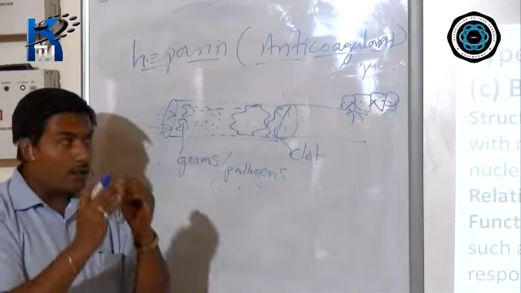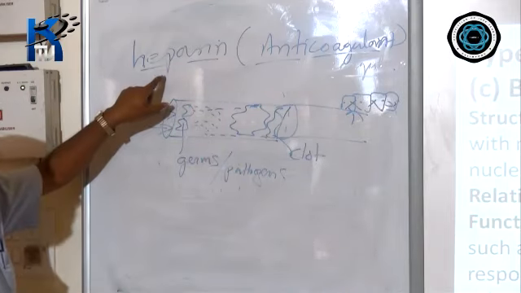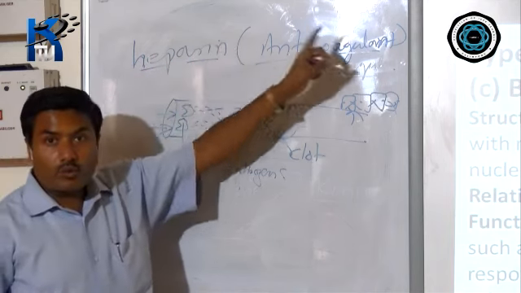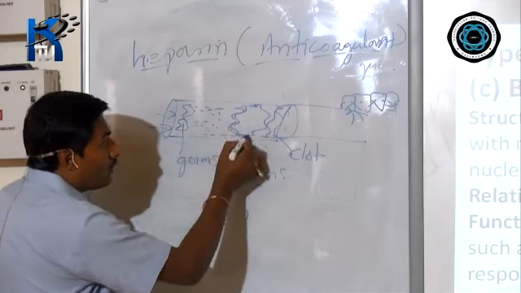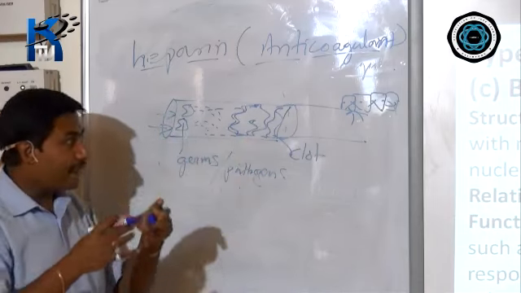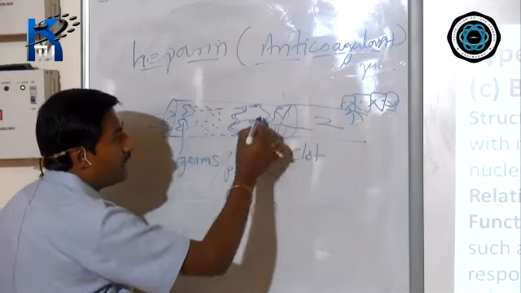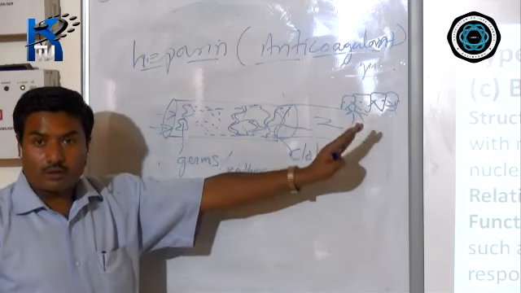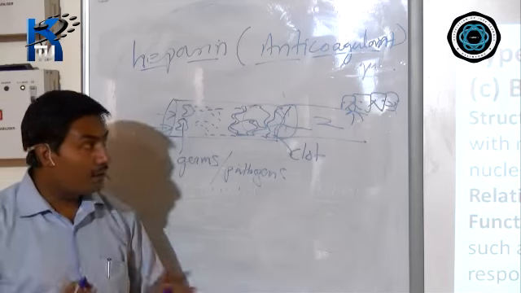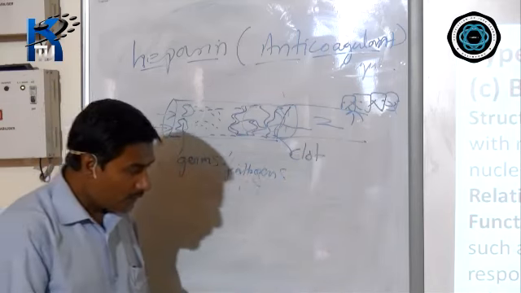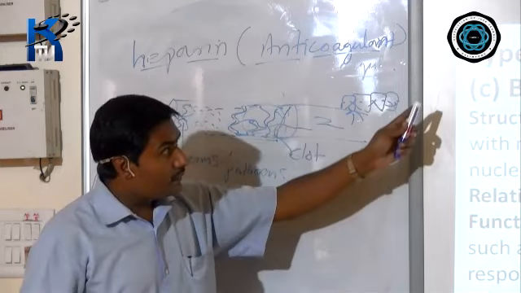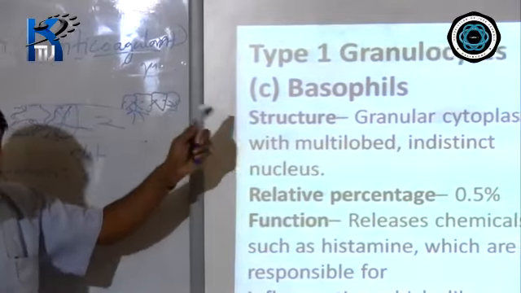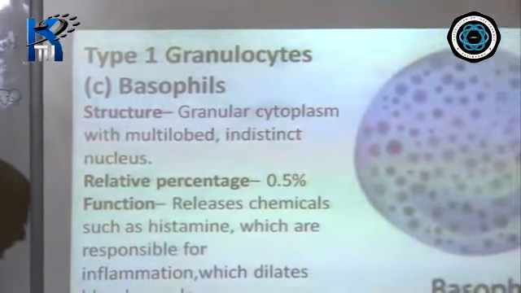So, in order to overcome this, basophil releases the heparin chemical compound, and that compound is called an anticoagulant. Due to that, whatever blood has clumped or clotted inside will freely move. It will neutralize the effect and give access for the WBC to move forward. So, these types of activities are done by the basophil. Now, we have already finished granulocytes. In granulocytes, we had neutrophil, eosinophil and basophil. Now, let's move to the next part, that is type 2.